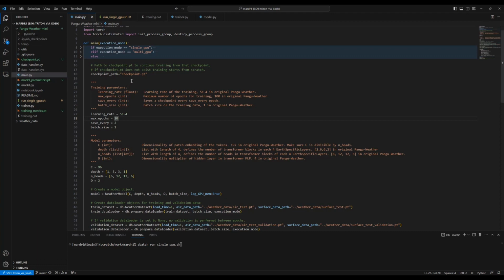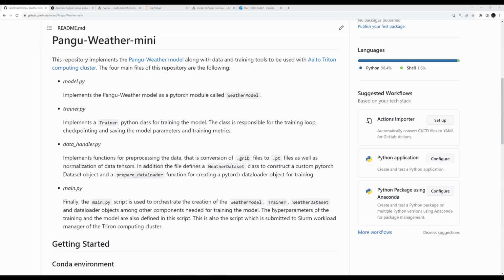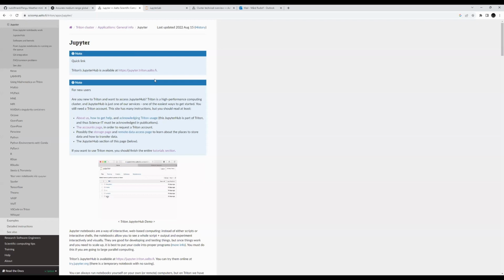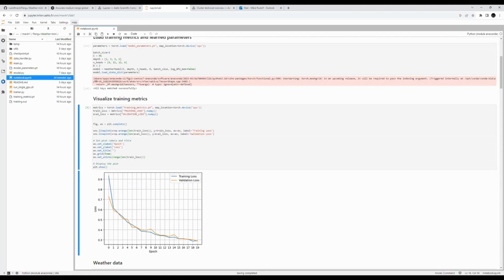One thing that I like to do, I will share another screen here. Just a quick comment: Triton has this Jupyter Notebook that you can access, and it will contain all the files that you have on the Triton. I find these notebooks very helpful for the workflow.